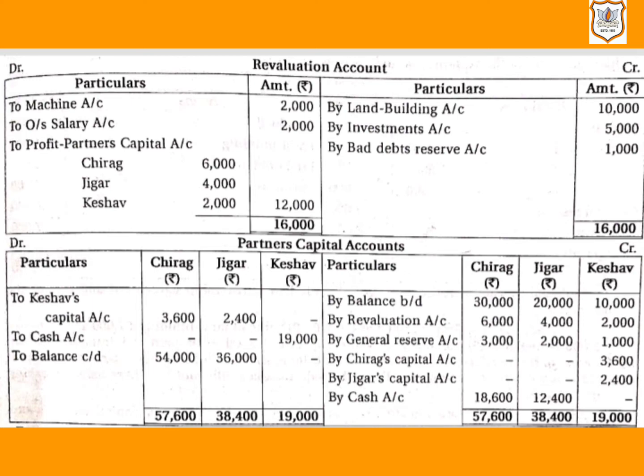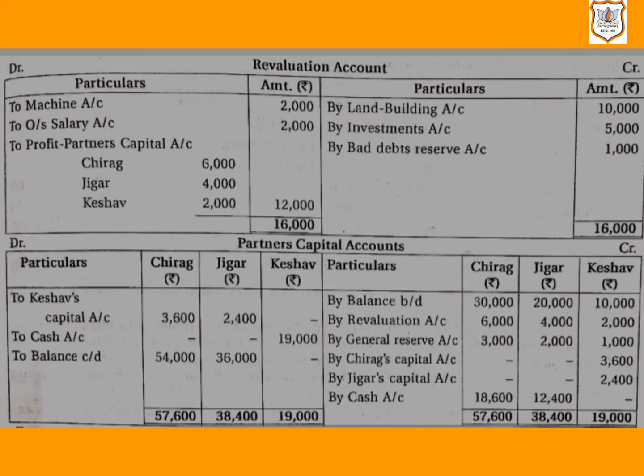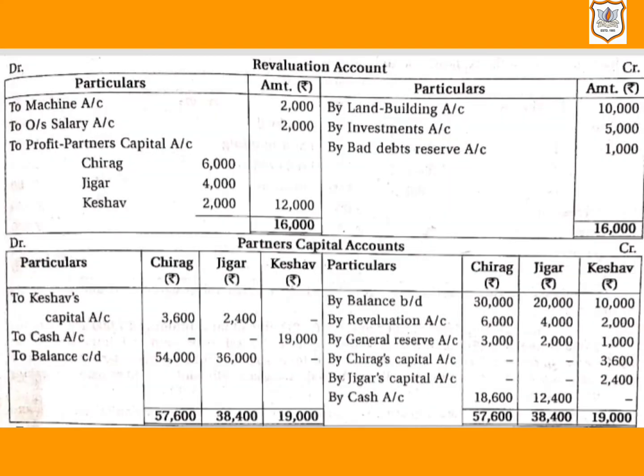So retiring partner, that is Keshav's share in profit is 1/6. So 36,000 multiplied by 1/6, we will get 6,000. So 6,000 is the amount which is receivable by retiring partner, which will be compensated by